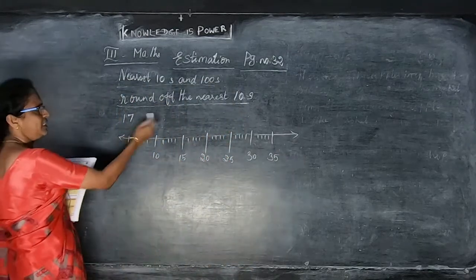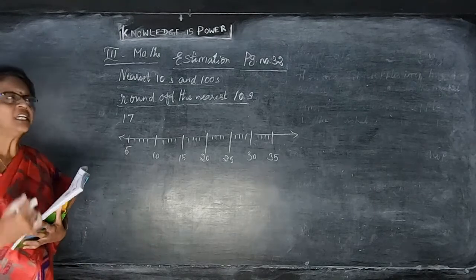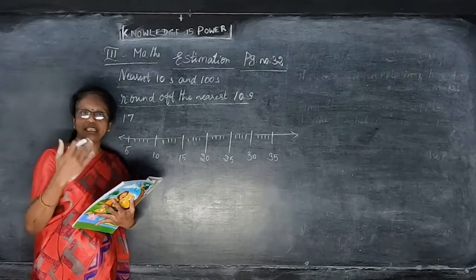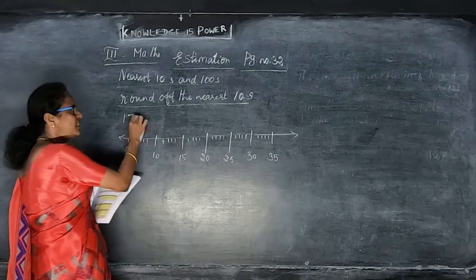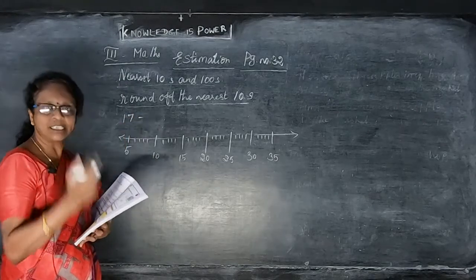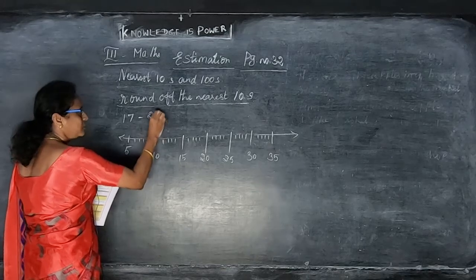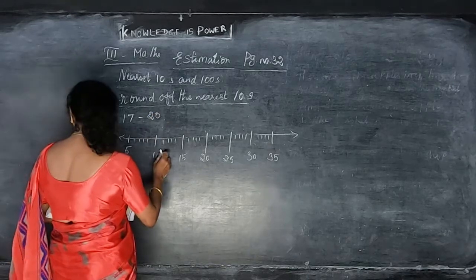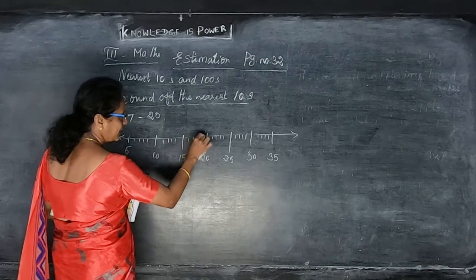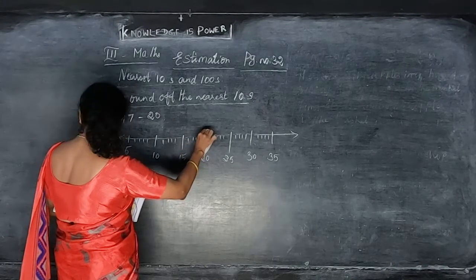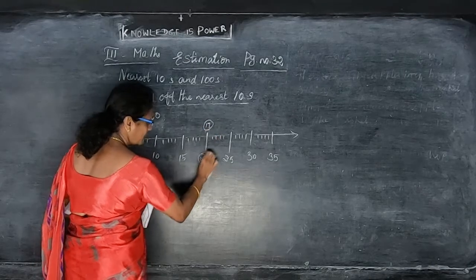So 17க்கு nearest tens. So nearest tens numbers are 10, 20, 30, 40, 50, 60, 70, 80, 90. அப்படி தான் nearest நம்ம எடுக்கணும். So here 17. So 17க்கு nearest நம்மளுக்கு என்ன வருது 18, 19, 20. So அந்த tensல வருதால அந்த 20 தான் எடுக்கணும். ஓகேயா. So here it is. இப்போ 15 இங்கே இருக்கு 16, 17, 18, 19, 20. So this is the 17க்கு nearest வந்து 20.